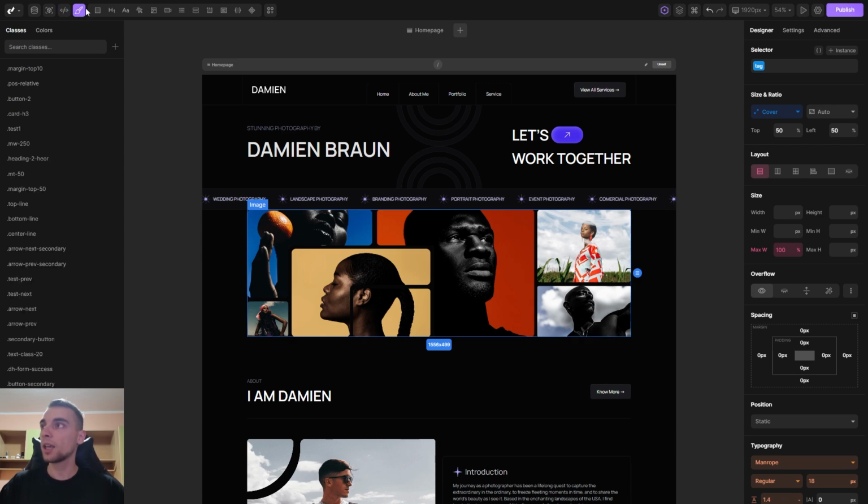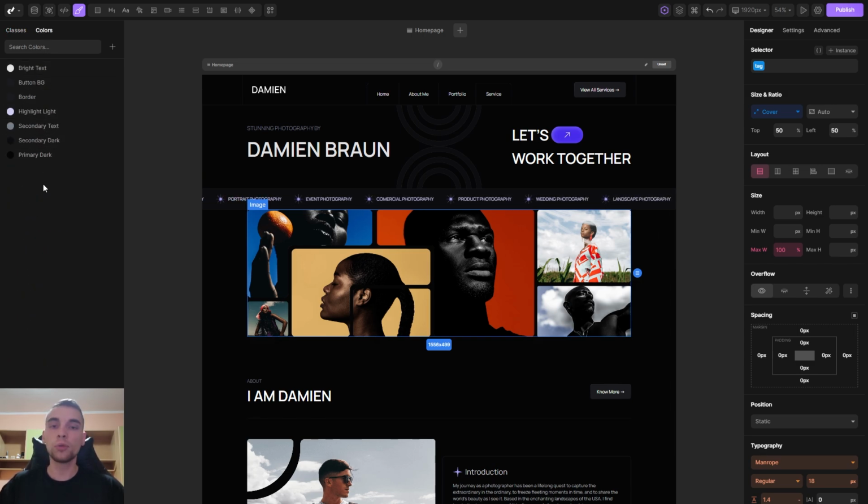And here I have this styles button, which will open all of the classes that I have in this project, and I also have this panel here which will show me all of the colors I have saved in this project. Now we have here this bar for some of the most commonly used tags for developers, and